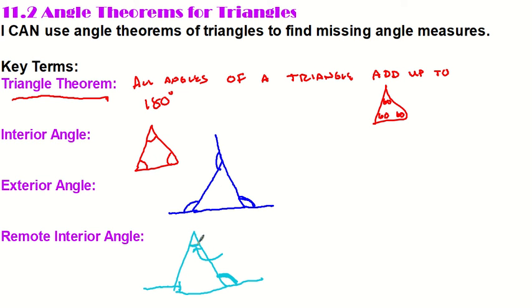They are the angles that are not next to this exterior angle. So these are remote interior angles to this exterior angle. Okay, so there's two remote interior angles, and they are the ones that are inside the triangle, but they're the ones not next to that outside angle. Okay,